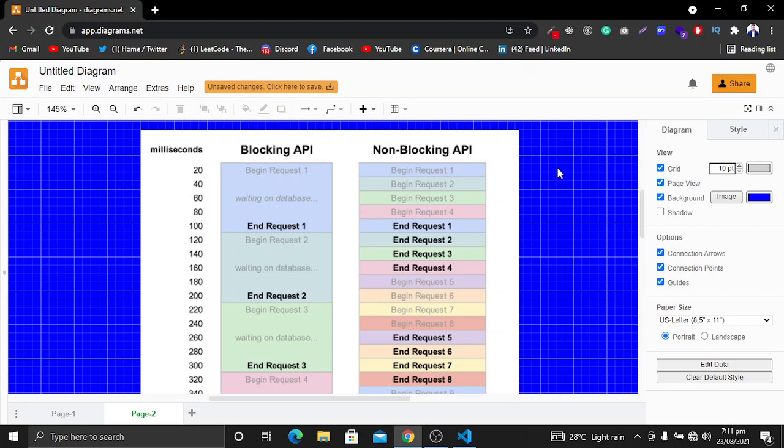As you will see on the left side, we have begun request 1, then we are waiting for the data to come from the database, and then we will end request 1, and then we will move to the second request. Then we will wait on the database to get the result, and when we get the data, we will end this request and then move to the third request.